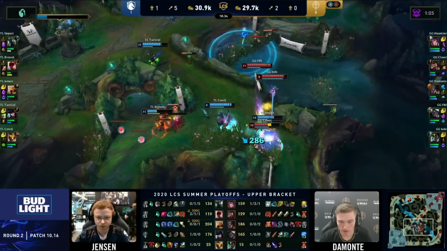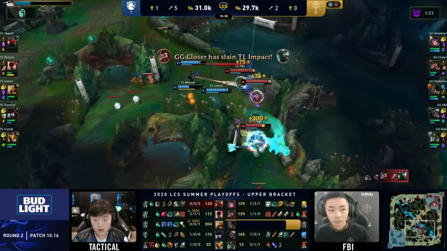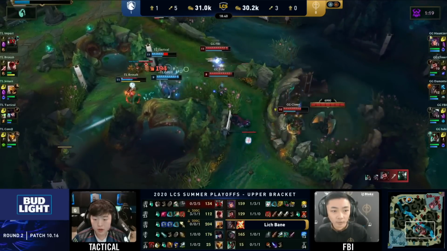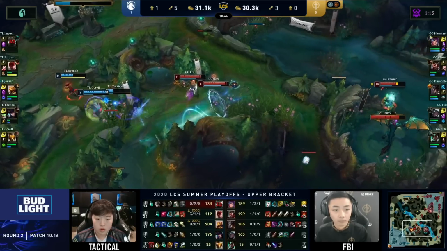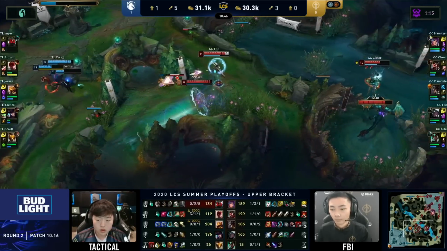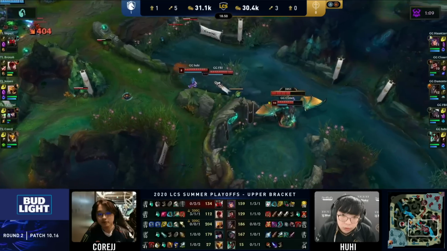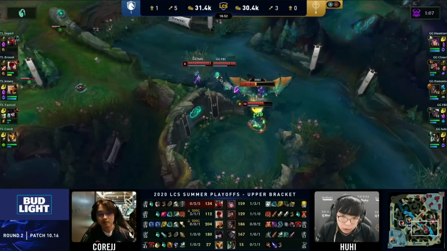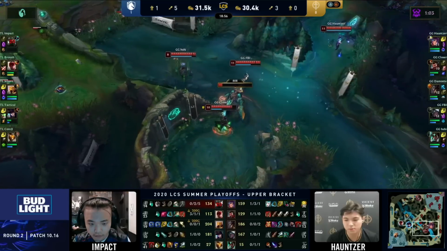And now Impact closing in on the rest of Golden Guardians here. They're going to lock up Impact, but he's pretty tanky at this stage of the game. The center heals are continuing to happen as Closer finally takes on Impact, and FBI and Huhi are going to be the ones to try and save this mid-game. The shields were so big there on Closer. He got the empowered Mantra shield from the Karma, plus the Senna ultimate shield at the same time. The Senna heal comes through, so